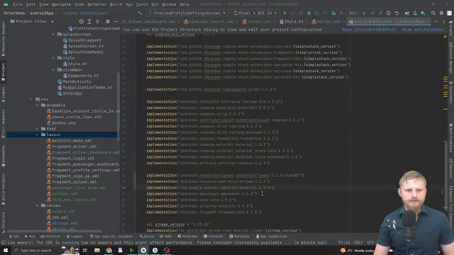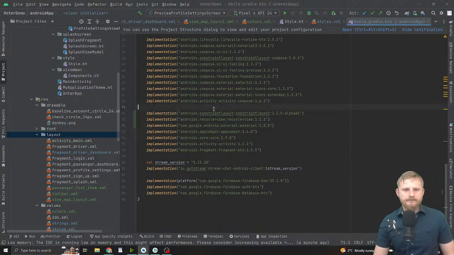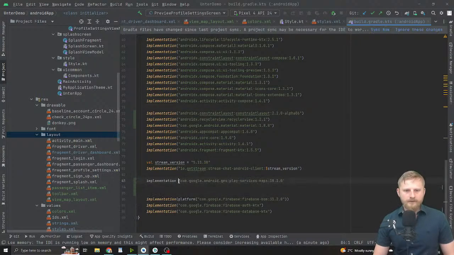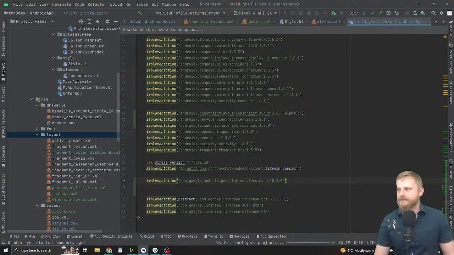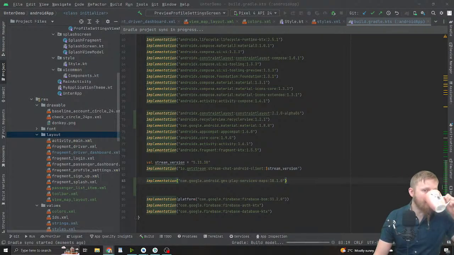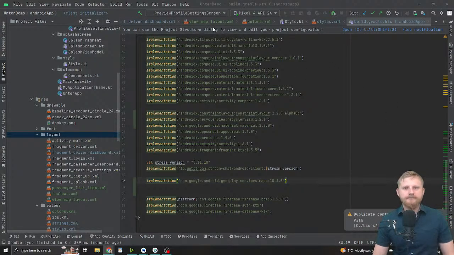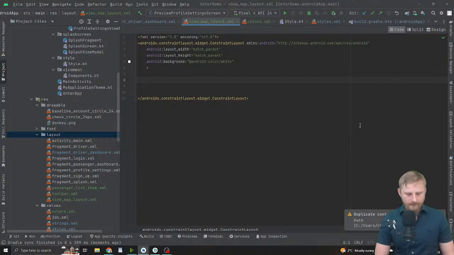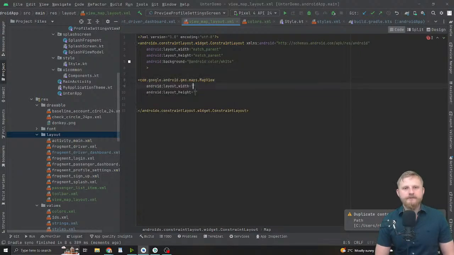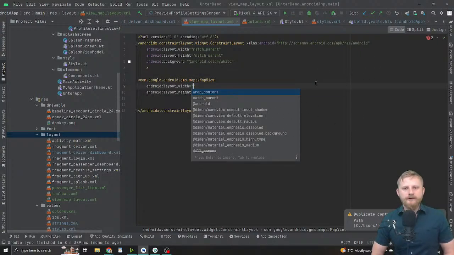I think I need this one. I'll just convert this over to KTX. Okay, let's try that. Okay, now do we have a map view? Yes, good. Okay, so we'll do,